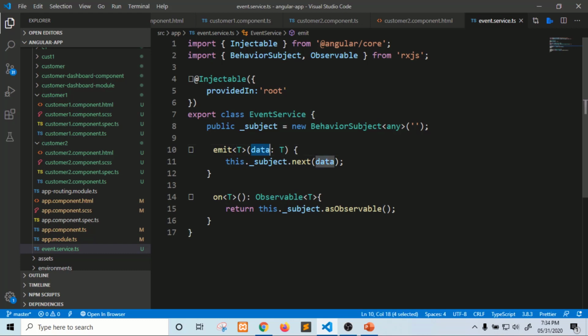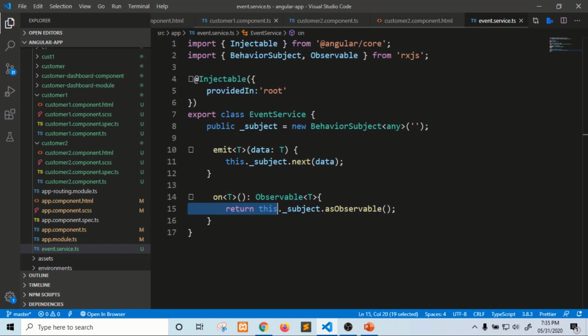This dot subject dot next is a BehaviorSubject method which passes this data to the other component, where we can subscribe as an observable. The on method returns this subject, and we can subscribe to this data. So emit is notifying, and on is subscribing to the data passed from one component to another.